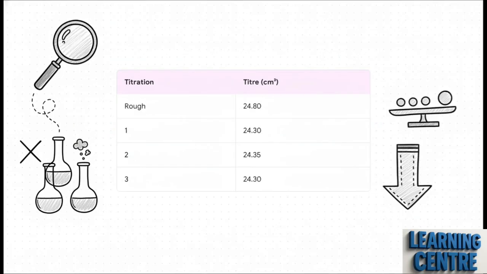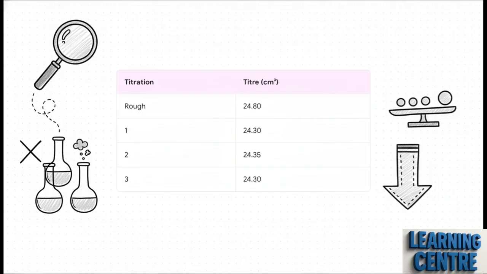Of course, a good detective never relies on just one clue, right? We repeat the process to get what we call concordant results. That first attempt, that's just a rough titer. We do it fast just to find the general ballpark, and then we immediately discard it when calculating our final